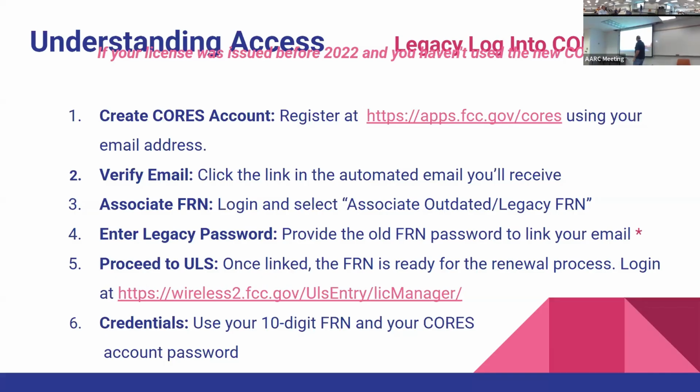I immediately went in. There's a big link there, associate FRN. When I click associate FRN, I select associate outdated legacy FRN. I had forgotten my FRN password. Anybody else? I had forgotten my FRN password. It was galactically simple to reset my FRN. So I had to reset my FRN password. That wasn't too hard to do. And then once I linked it, I immediately went to the license manager. That's the URL for the license manager, and in the PDF file, that's an active link, by the way,